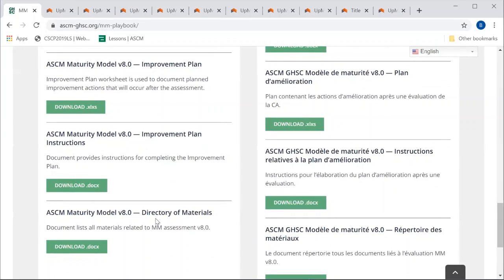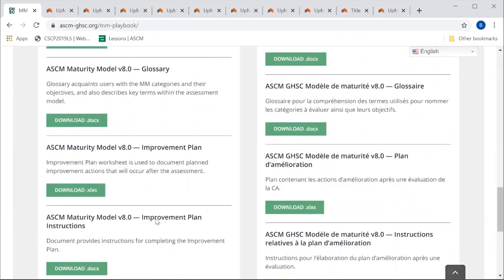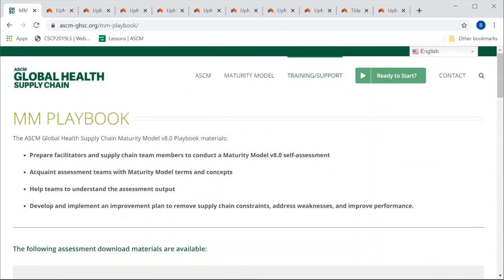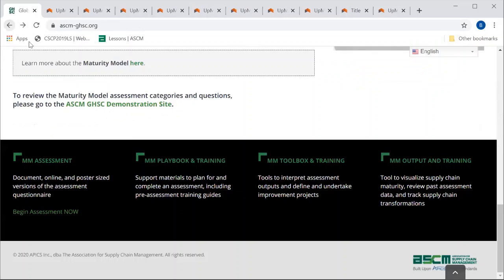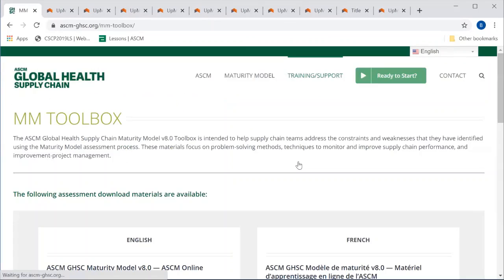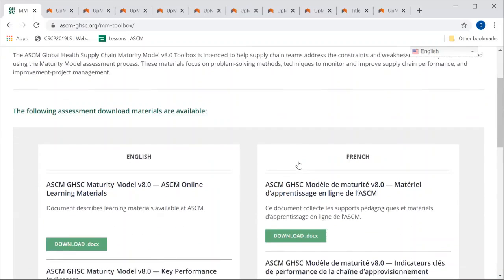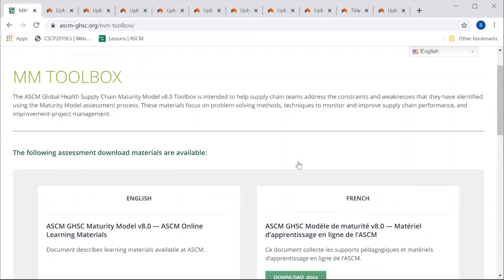This gives you a guide on how to come up with a plan on what to do. And then we have a directory that just shows the different materials that we have online that have been uploaded, and you can use. We have both the English and the French version, depending on which one you like to use. Now, we also have the toolbox and training. The toolbox and training is intended to help supply chain teams address the constraints and weaknesses that they've identified during the assessment.